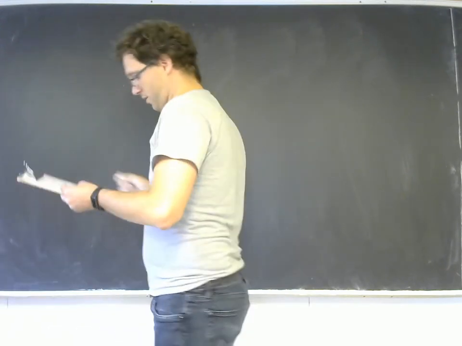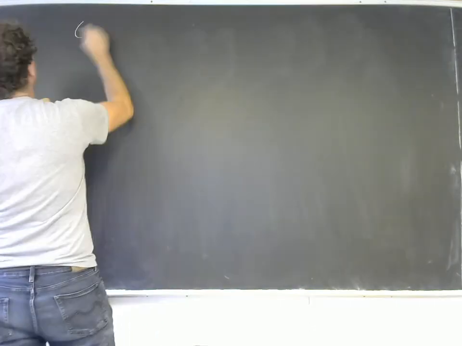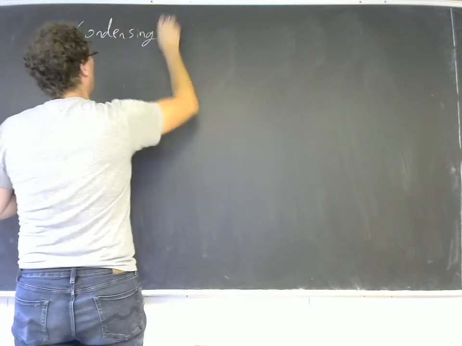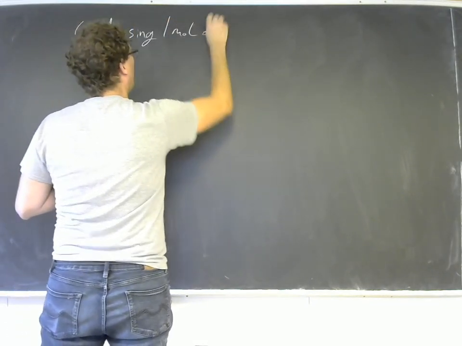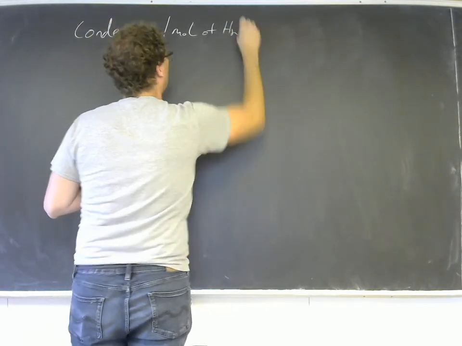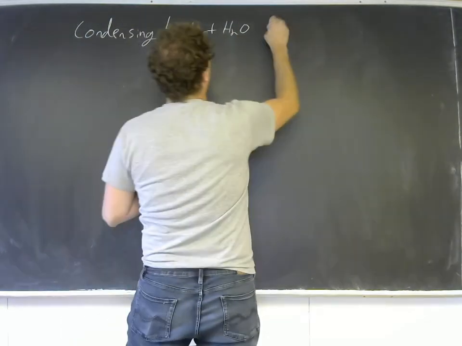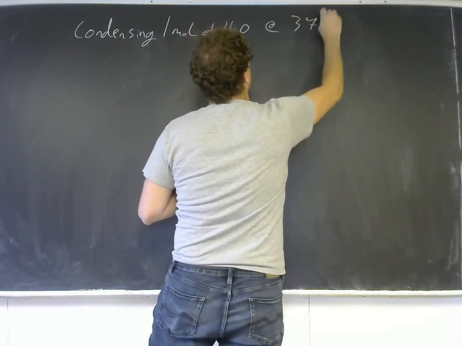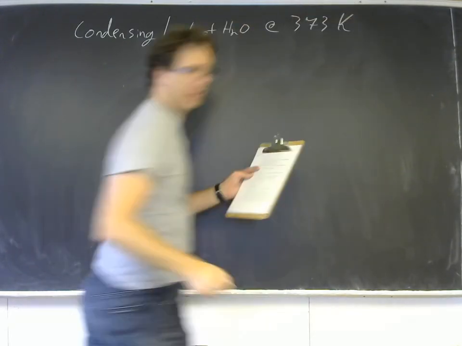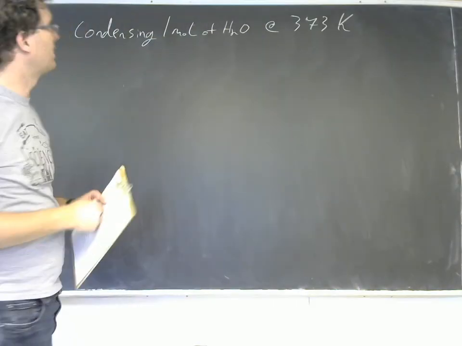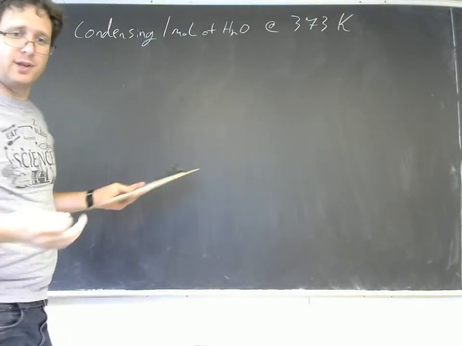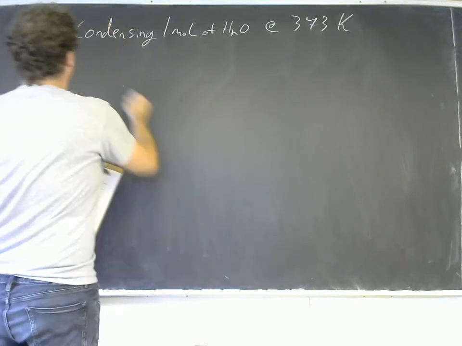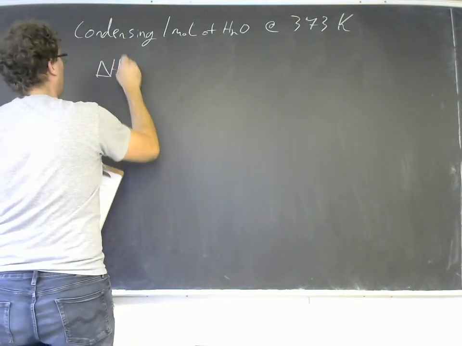Okay, so condensing 1 mole of water at 373 Kelvin, or in other words, at the boiling point. If we condense 1 mole of water at the boiling point, what's delta S of the system, of the surroundings, and of the universe? Well, we know that delta H of vaporization, the enthalpy of vaporization for water is